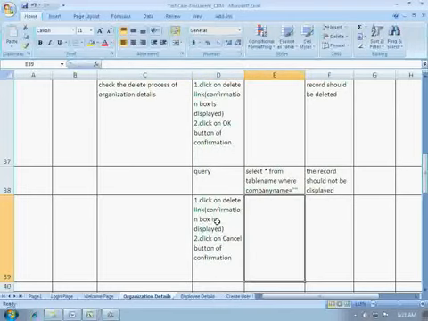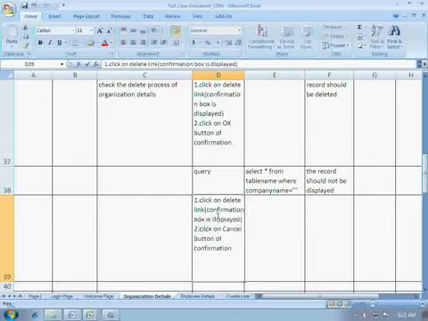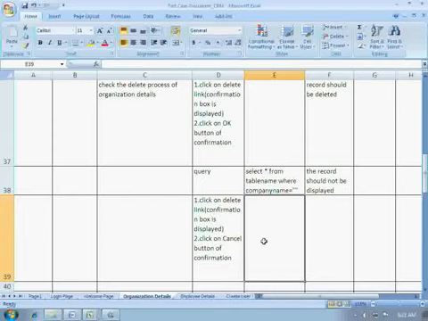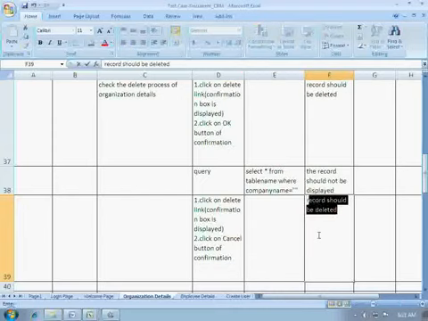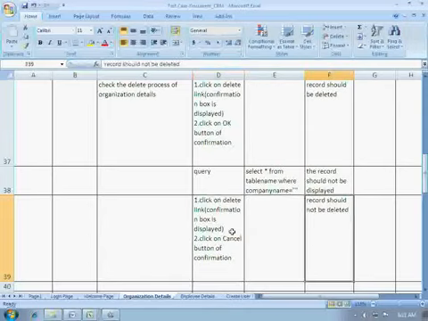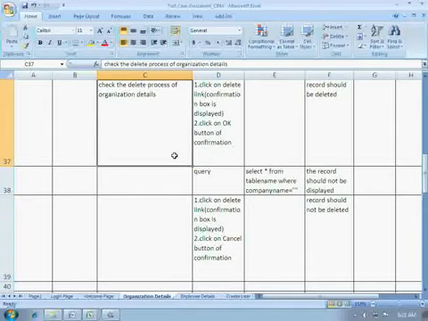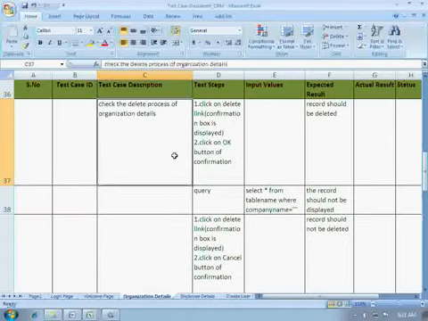That is, first the user clicks on the delete link, the confirmation box is displayed, and the user clicks on the cancel button. So the record should not be deleted. Now again you can write an SQL query here to check whether the record has been deleted or not. So these are the test cases for the delete process.